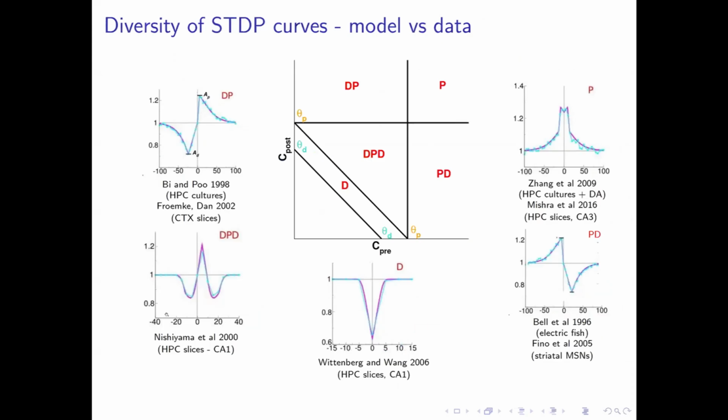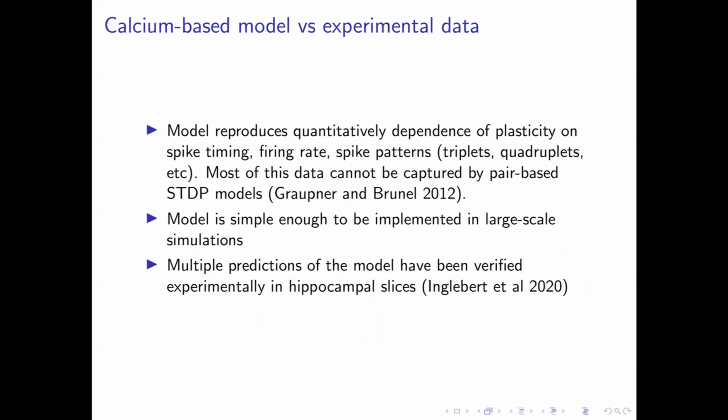All right. And interestingly, all these different curves have actually been observed experimentally in different systems, or sometimes even in the same preparations, but by either different groups or sometimes by the same groups by varying parameters like extracellular calcium concentration. And to my knowledge, I do not know of any different types of curves that have been seen experimentally. All right. So that was just a very quick description of this model. There is, of course, much more that you can find in published papers.